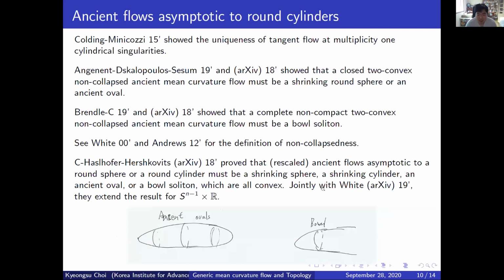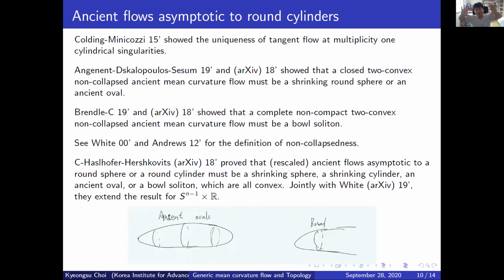So there is some history. That conjecture has been settled in R3, and people started working on the R4 case, the most important case. Let me shortly mention how to do that. First of all, Colding-Minicozzi show that tangent flows at those kinds of singularities are unique. What does this mean? The sphere case is so simple, so let me just consider the cylinder case. We know that the tangent flow converges to a cylinder subsequentially.